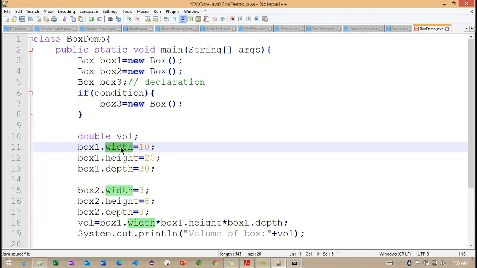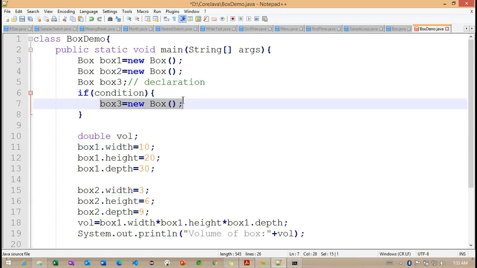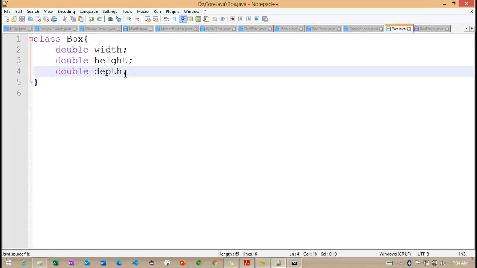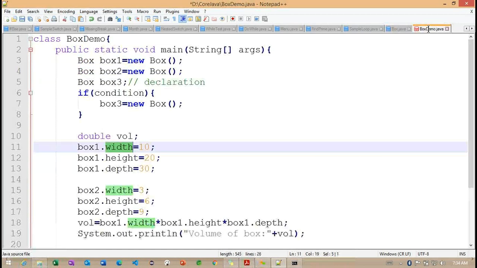But we can access them whenever we connect with box3 equals new Box. Whenever we use this new keyword, then only can we call these 3 variables' information here, right? So this is also something we need to understand. Not only these variables. If I add other information inside this class, if I provide any methods or any constructor information, after creating this class object we are able to access those as well. Getting the point?